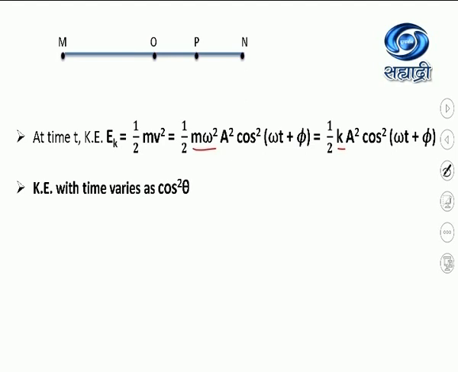So from these two expressions, it is very clear that kinetic energy depends on the position, that is the displacement, as well as on theta, that is omega t plus phi, which is a phase. After calculating kinetic energy, let us find out whether the particle possesses potential energy or not. When the particle is displaced against the force acting on the body, work is done, and that work is stored in the form of potential energy. So let us find out whether this happens for linear SHM also.